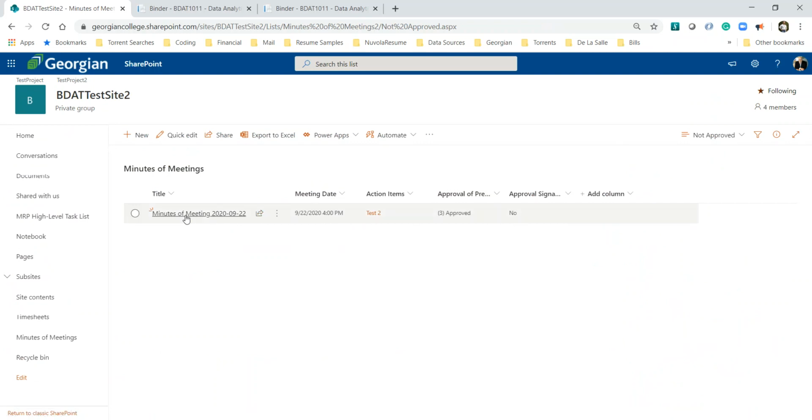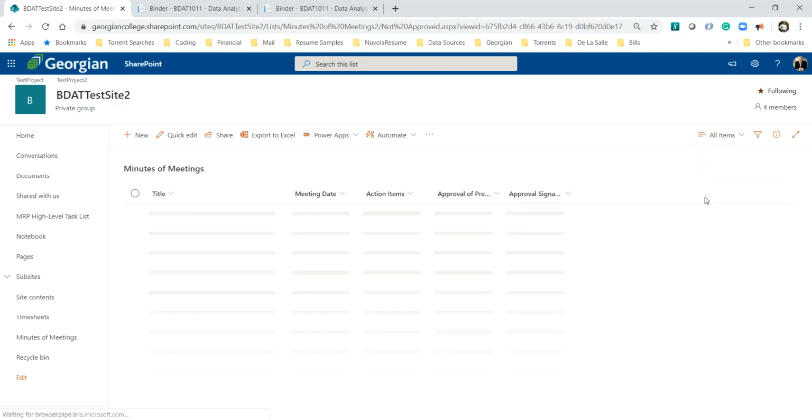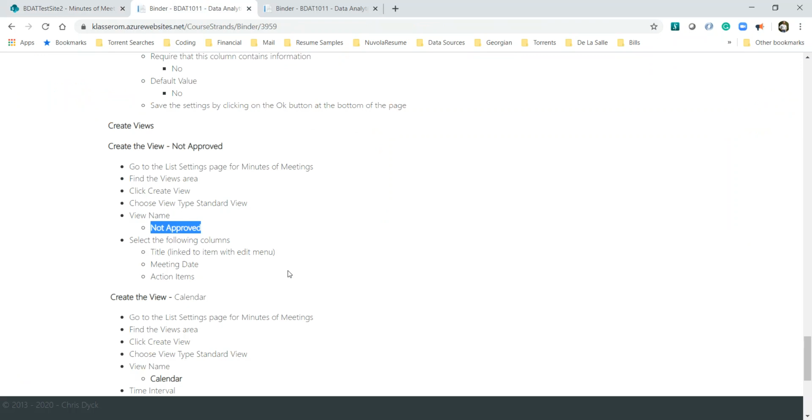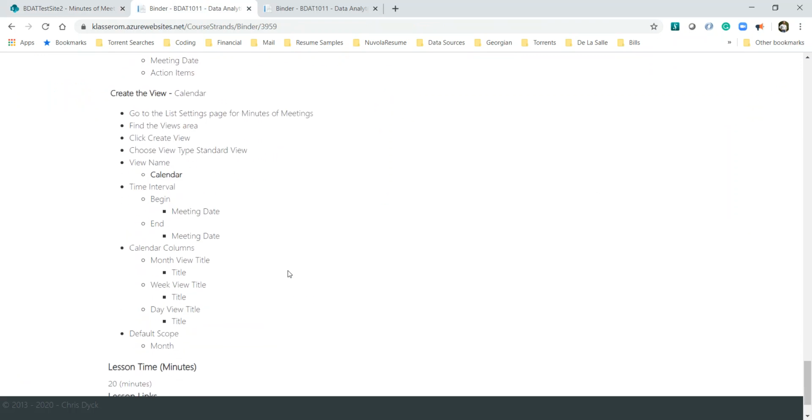And you see this view now only displays the items that are not approved. Okay, so if I go back to all views or all items, I see two items. One is approved, one is not approved. And I can click on not approved right there. All right. The next view, which is kind of a cool view,